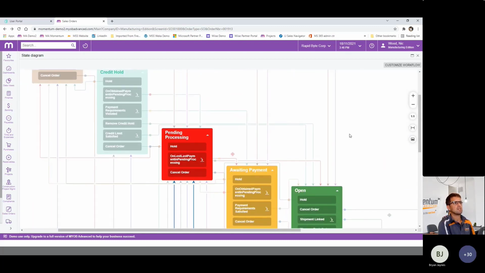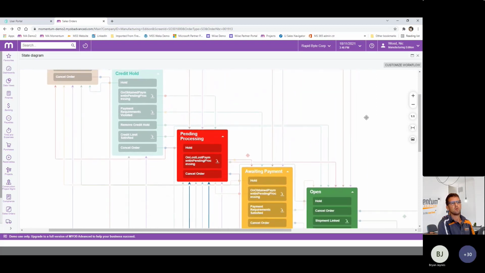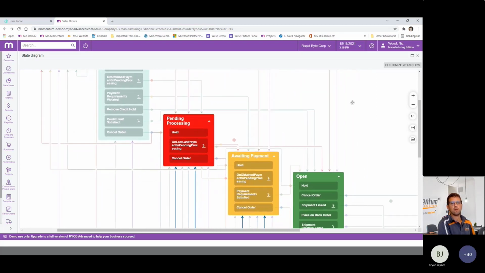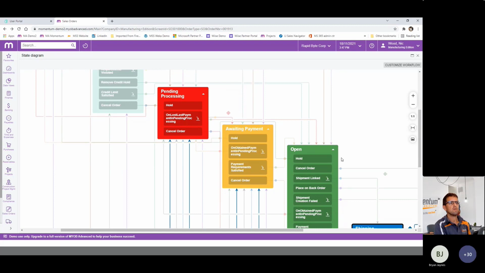So here we can see the various stages and workflows that an order can potentially go through in the sales order process. These same workflows are throughout the system, so for invoicing, customer processing, and can be customized by us or yourself to allow different business flows to be replicated within Advanced. We can also set different actions to be available within specific steps of this workflow. It just gives you clarity as to how things align.